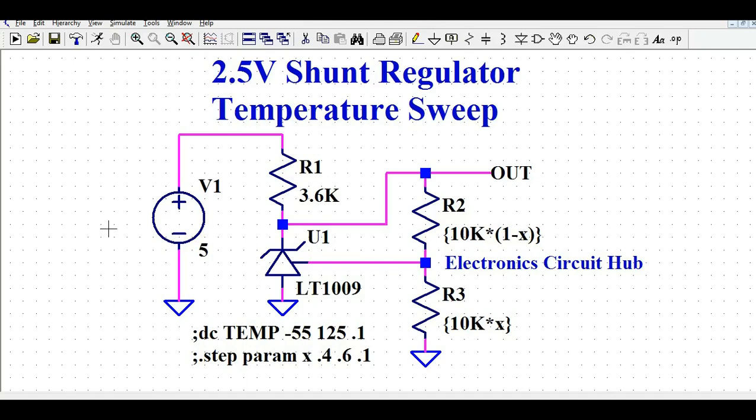So today we are going to understand the temperature sweep analysis of a 2.5 volt shunt regulator. Let us say you have designed one shunt regulator and you want to understand the shunt regulator performance with respect to temperature. Let's say your operating or ambient temperature is minus 55 to 125 degrees centigrade, and you want to understand how your shunt regulator is going to behave if you change the temperature from minus 55